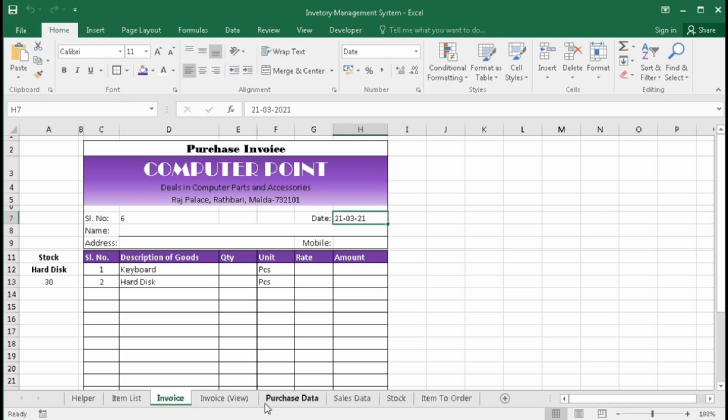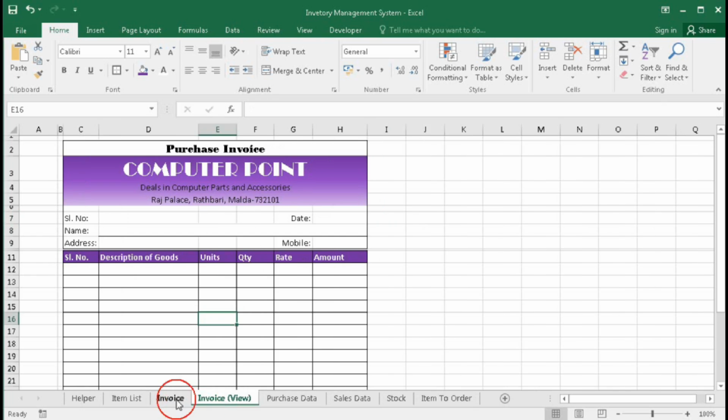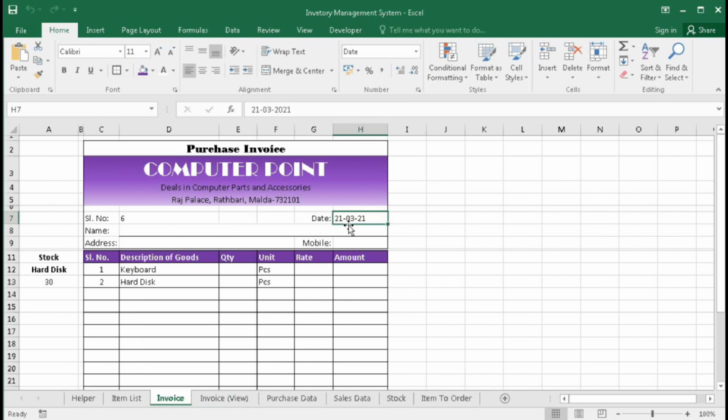And let's go here. If I delete this one, you can see it got today's date. You can delete it here and type manually, but if you activate this, it will automatically come here. So up to this, it's okay.